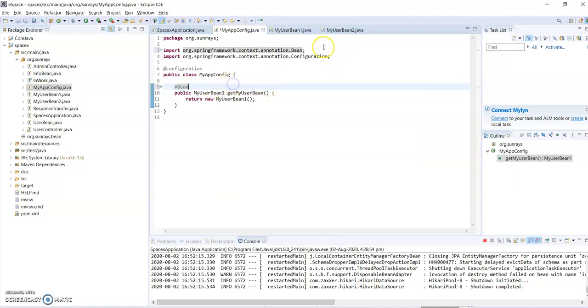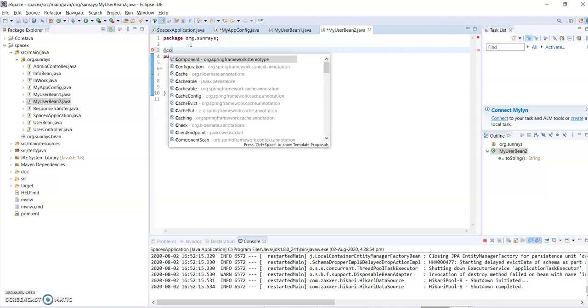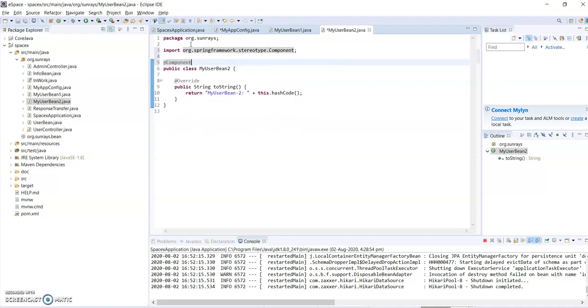And let's see @Component. So I have this class, and I also want to make this object available in the Spring context, the Spring container. So I am annotating it with the @Component annotation. What does it mean? Component indicates that this is a Spring component class, or Spring component bean, such that this class is considered a candidate for auto-detection when we are doing classpath scanning.